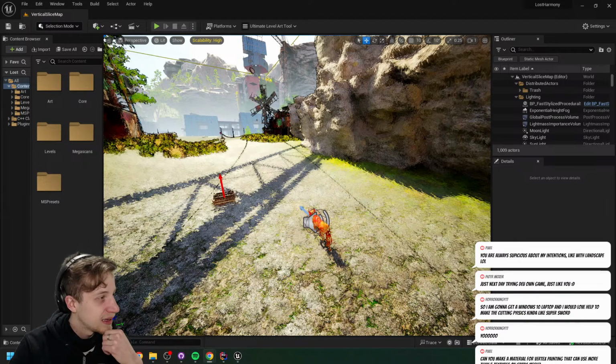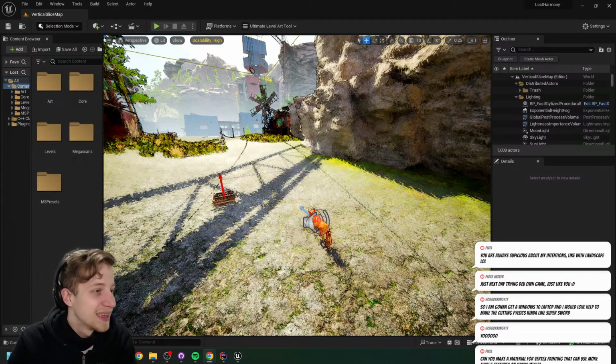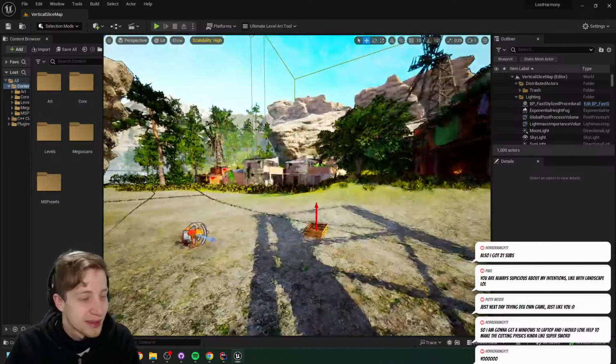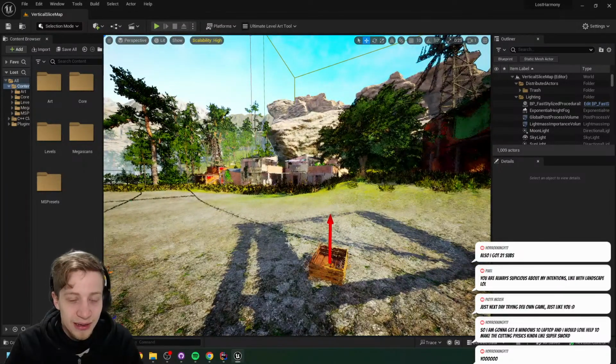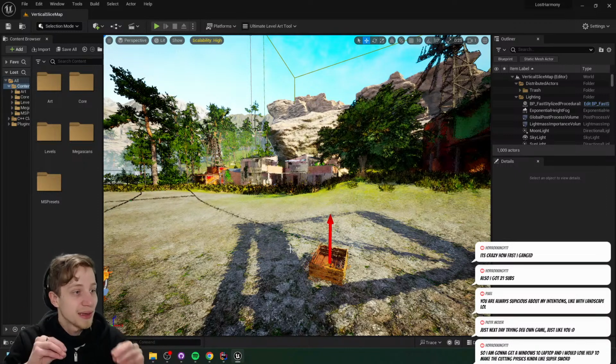Okay. Let's see. You're always suspicious of my intention, like landscape. Yeah, because you tend to do things that are not supposed to be done. You tend to use your techniques in a way they were not meant. Let me try to rephrase it a little bit so I don't sound like a complete idiot.